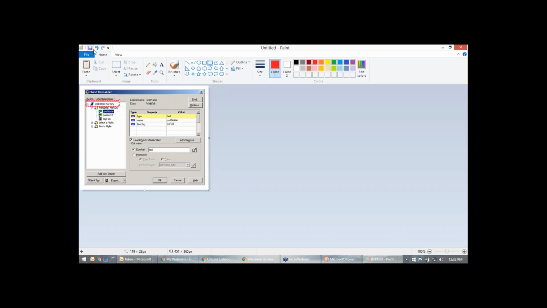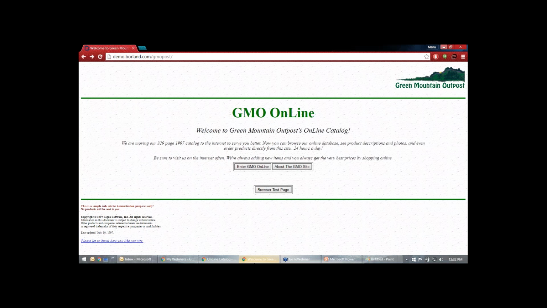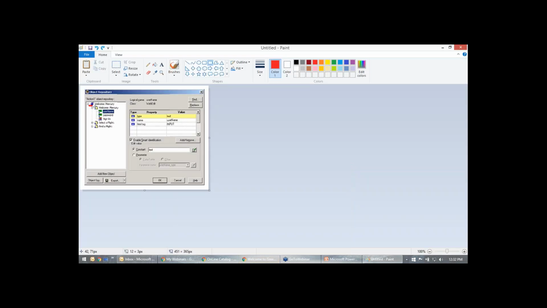This Welcome Mercury is a parent object. Whenever you open a browser, for example the demo site, the browser is a parent object, and inside it, Welcome Mercury is a child object.